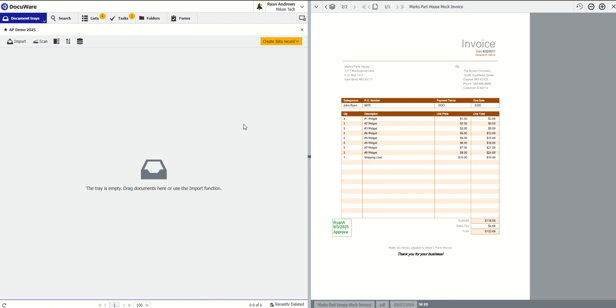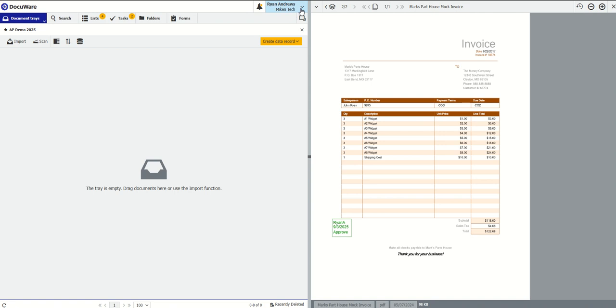The first thing you want to do when you install desktop apps is have your user or yourself log in using your account or the user account on their machine. So this will need to take place on the computer that the user is going to be working in DocuWare from. So what you would do is have the user log into DocuWare